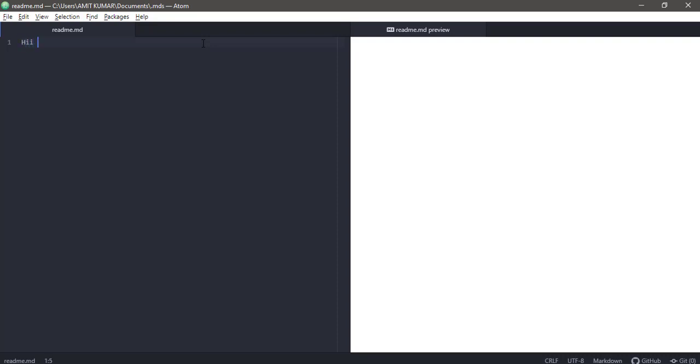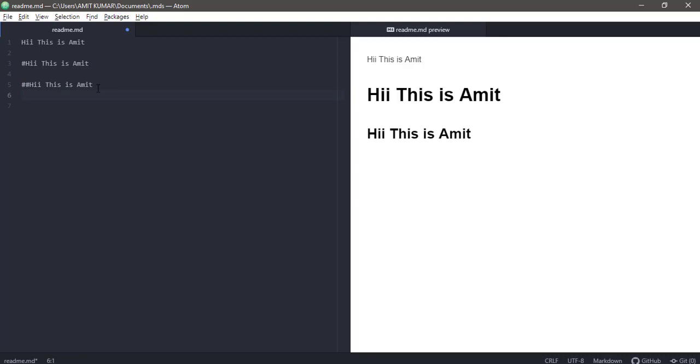First we'll see how the normal text will appear. Okay, so this is our normal text. Now moving on to the bolder part. This is the first heading, then if you give double hash then this is the second one, and if you give triple hash then it is the third one, and so on. This hash is the same as the HTML h1, h2 and h3.